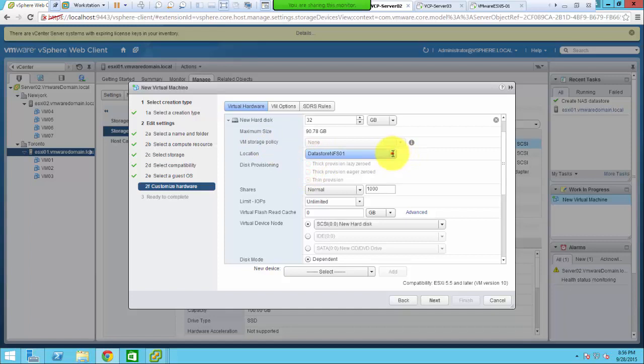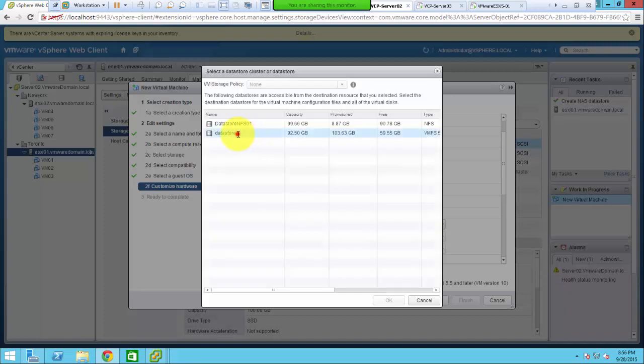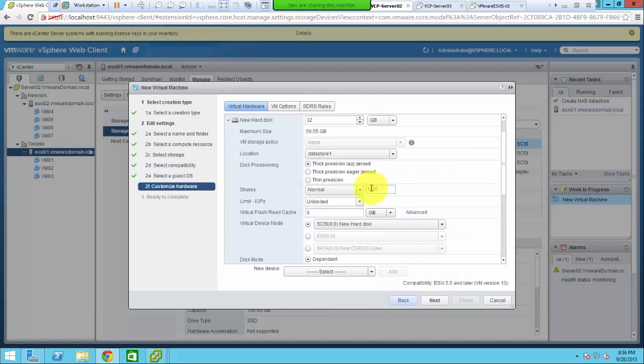Serious? Is that so? If I click browse and change the data store and check. Okay, data store 1, which is on VMFS. Press OK. Hey, all the options are here now. Thick provision by default. But if I go to NFS,